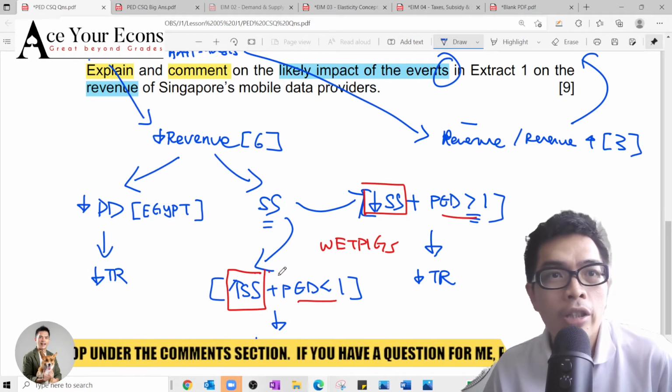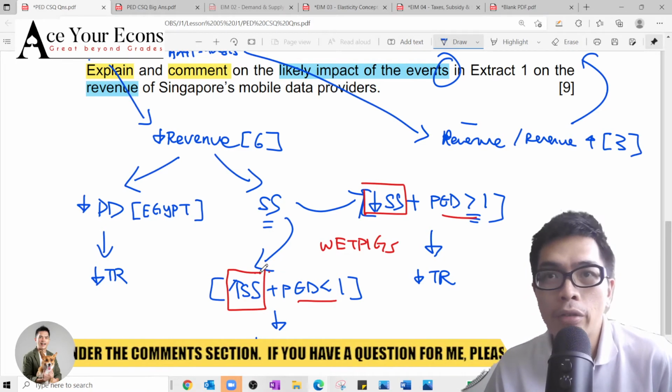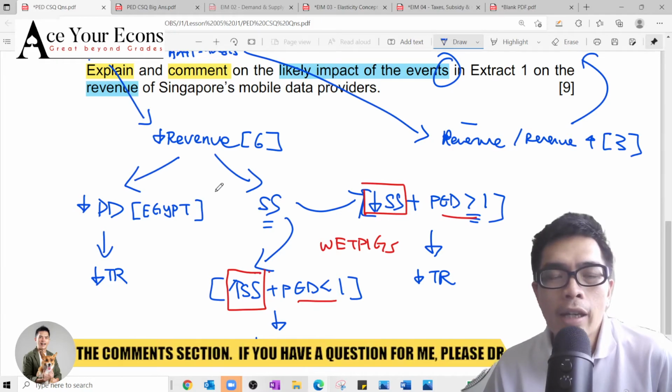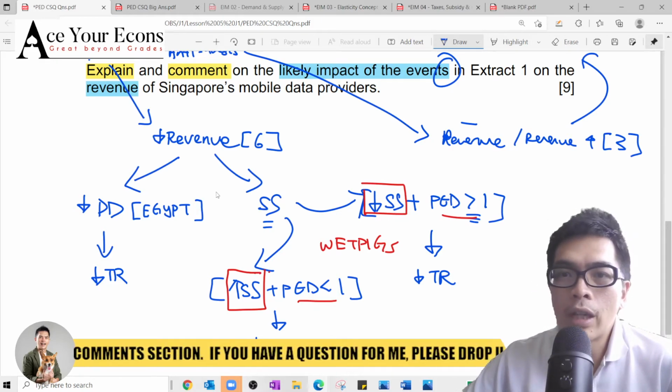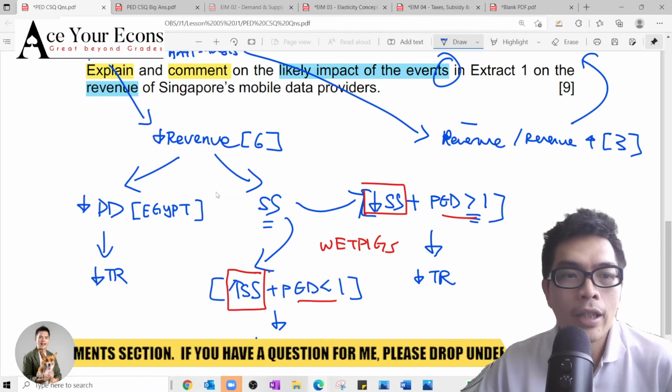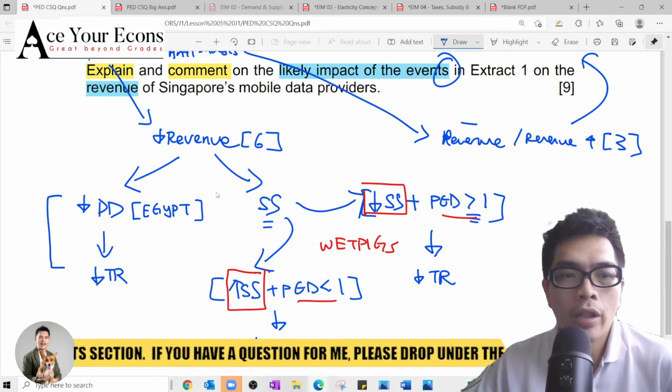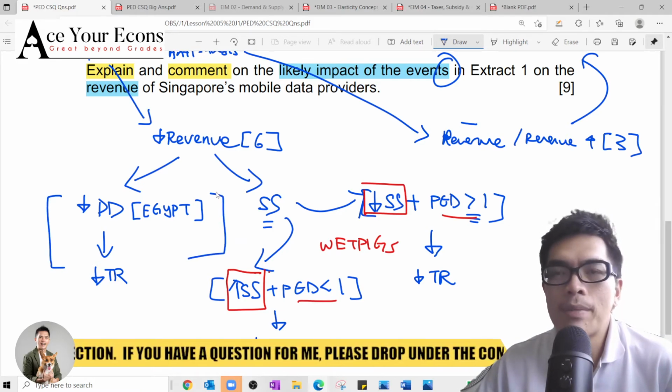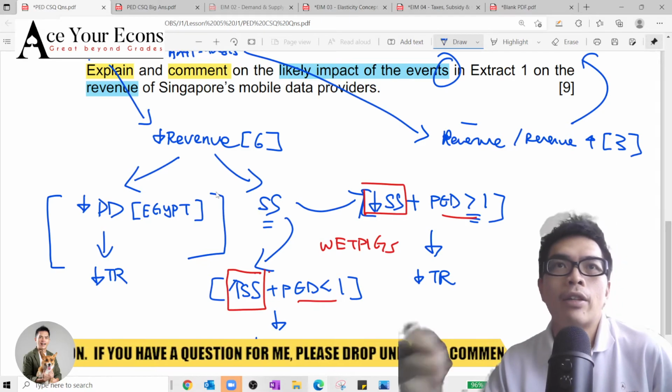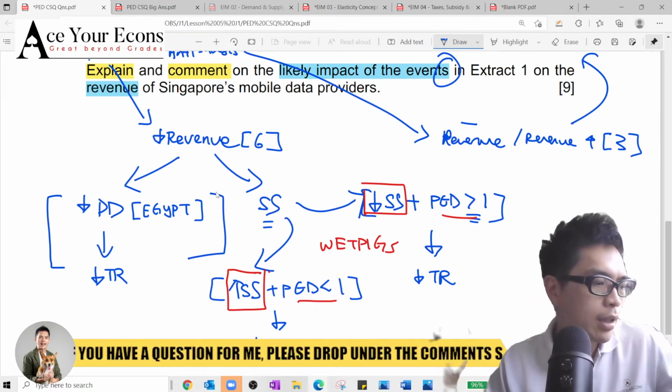Maybe I will get Cheryl. Okay, would you unmute yourself? So earlier on, we have discussed that we need a demand factor, right? So for demand factor, what is the demand factor that you have identified? Would you like to share with the classmates? Unmute yourself.